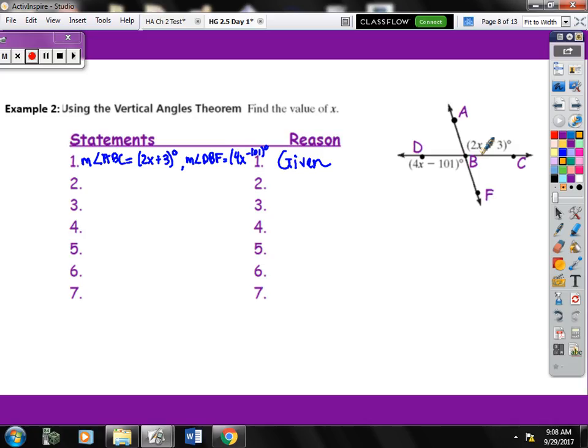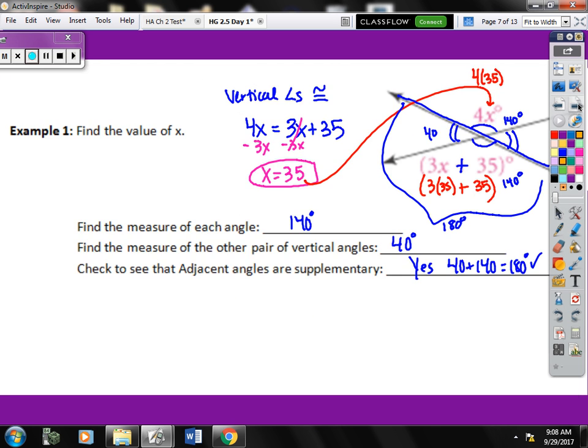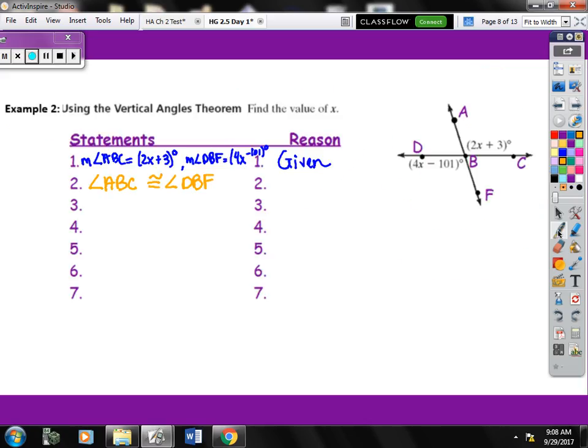So I'm going to say that angle ABC is congruent to angle DBF. And if you look back at the theorem, it does say that they are congruent. Okay, so you can't say that they're equal. You have to use the theorem which says they are congruent. And our reason for this would be that vertical angles